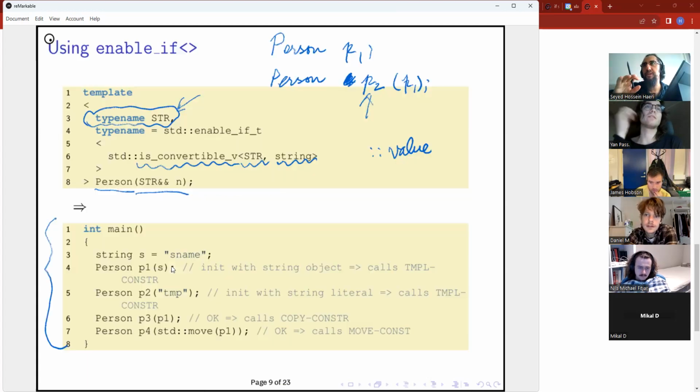So whatever that type name str is, the type enable_if_t on line 4 enables an if for that type, and the if is if str is convertible to string.